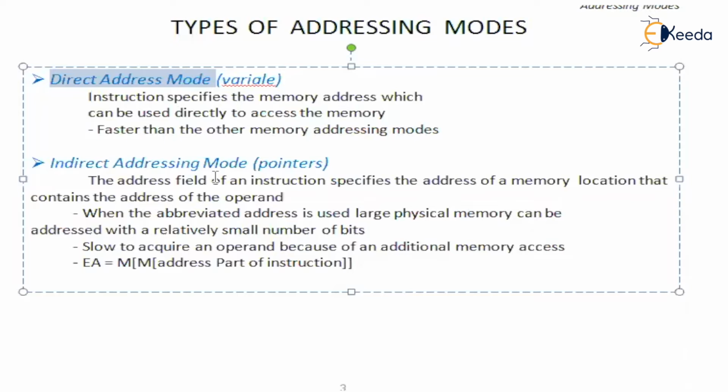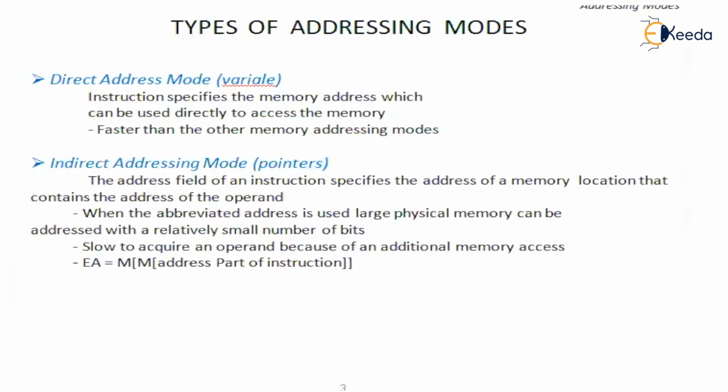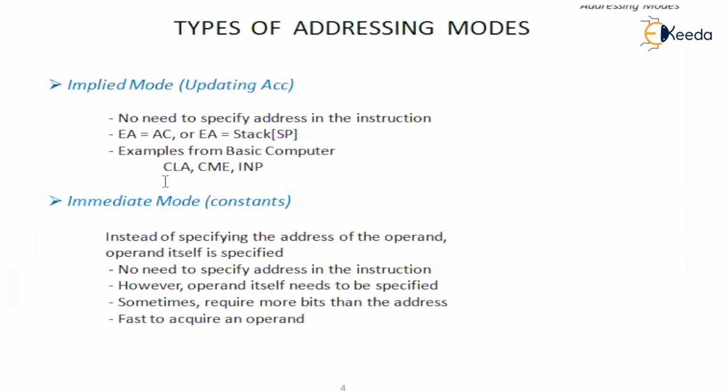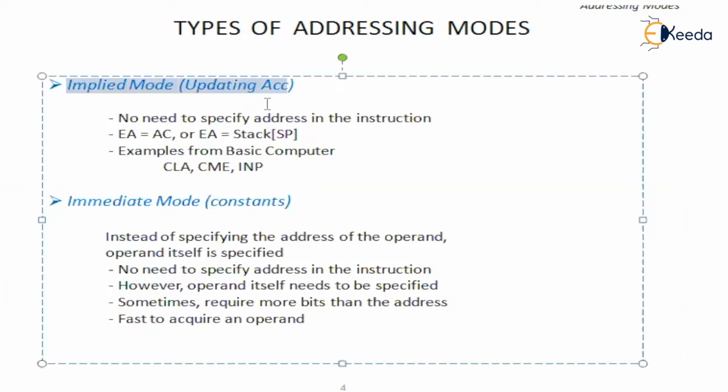Okay. Indirect addressing mode, you know that the pointers, of course, if you want to utilize the pointers, the computer system has to be facilitated with an indirect addressing mode. That is, if a programmer wants to use a pointer, then the system should be provided with indirect addressing mode. Okay. And then implied addressing mode, there is no specific use for a programmer for the implied addressing mode. That is system reserved addressing mode.